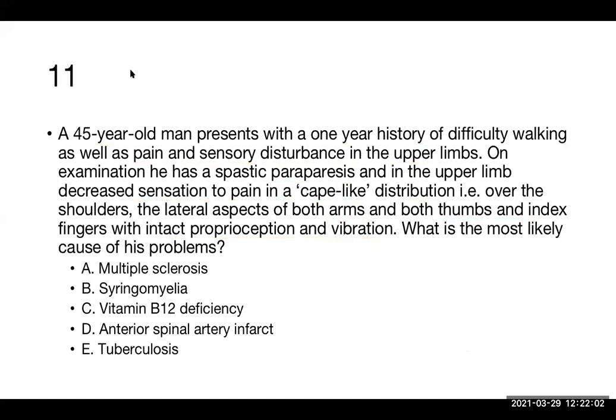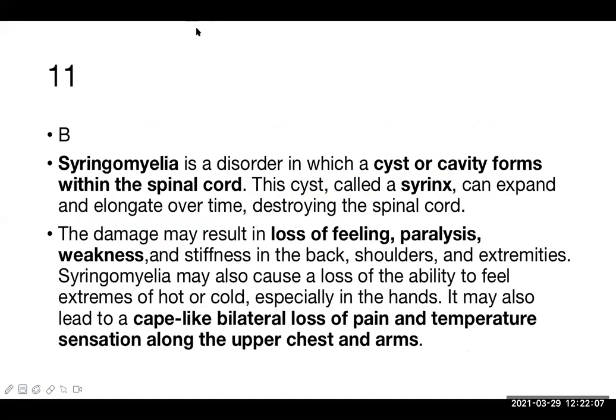Now, this is a very new thing for you. So let's take the opportunity to talk a little bit about syringomyelia. Please pay attention here. Syringomyelia is a disorder in which a cyst or cavity forms within the spinal cord. It is also known as syrinx. Syrinx means cavity, a cyst. It can expand and elongate over time, destroying the spinal cord. So this is an enlarging type of cavity or cyst which can damage the neurons which are present there with